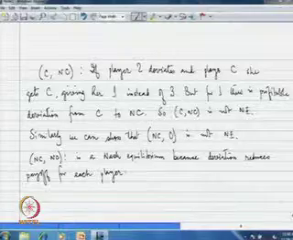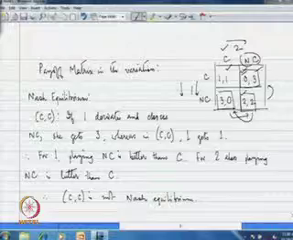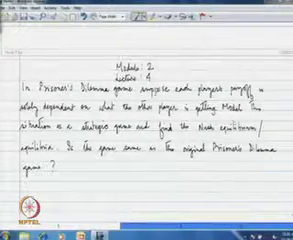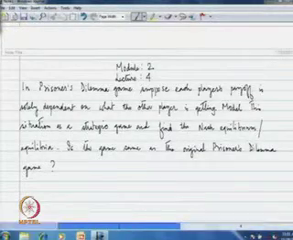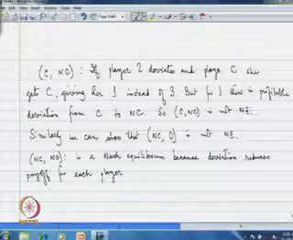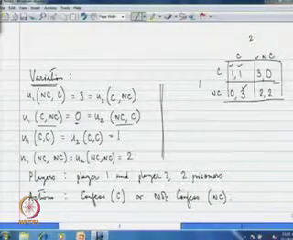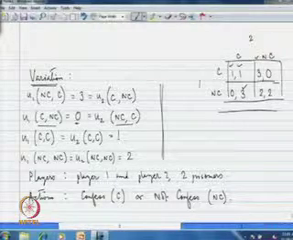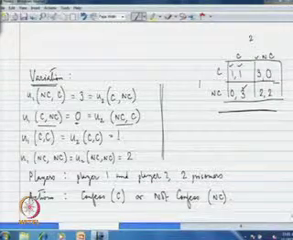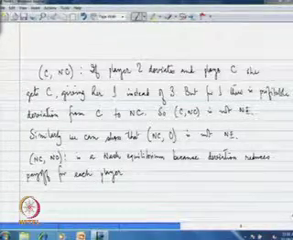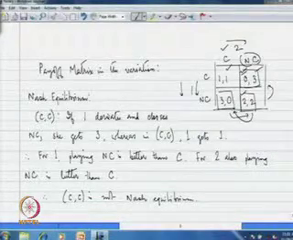The last part of the question was: is the game same as the original Prisoner's Dilemma game? No, this is a very easy question to answer. It is not same as the original Prisoner's Dilemma game. This was the original Prisoner's Dilemma game, right? And here what we are getting is this,